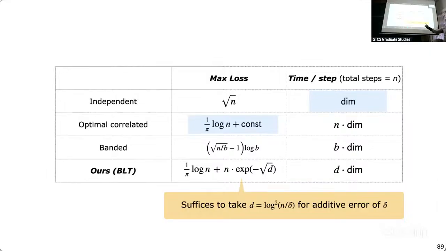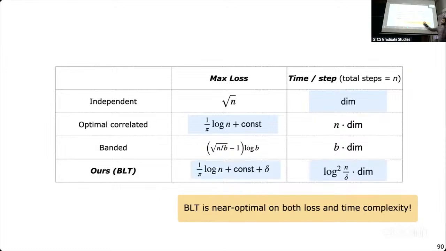So it suffices to take this d to be something like log square n to get that extra error term to be additive. Right, so if we take that as d, that's where we get the result that I displayed in the initial preview slide. So we are getting the best of both worlds. We are getting an additive error with the main leading order term getting the constant exactly right. And then the extra overhead we are paying per step is polylog.